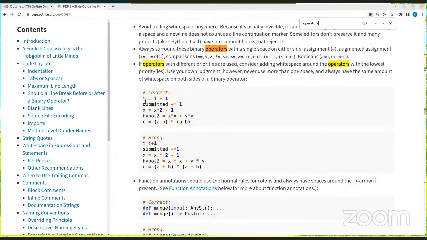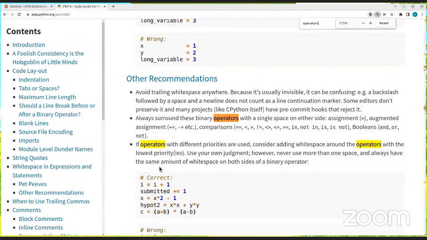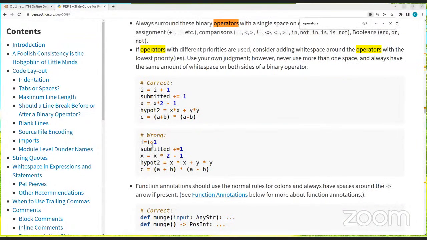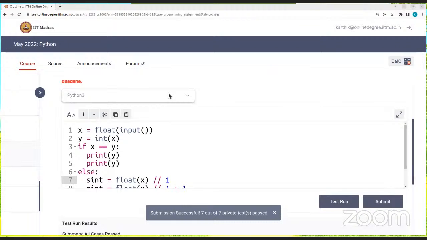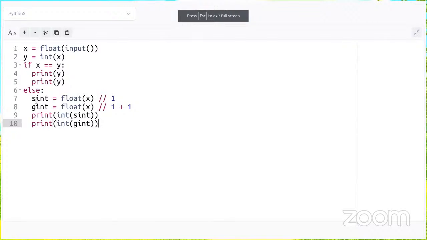Right. So you notice this, right? According to this PEP 8 Python style guide, this is correct and this is wrong. Of course, by wrong, they don't mean that it's syntactically wrong. What they mean is that it's preferable to use this. This thing looks slightly more cluttered than this, but again, this is a style guide. I follow it, and I encourage all of you to follow it, but it's not binding on me. Thanks, sir.